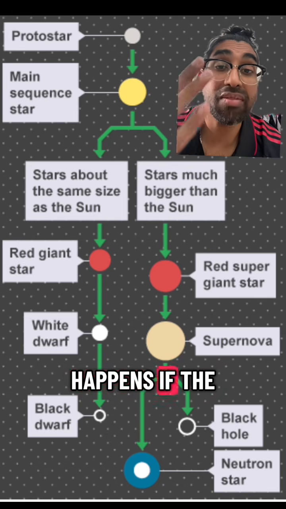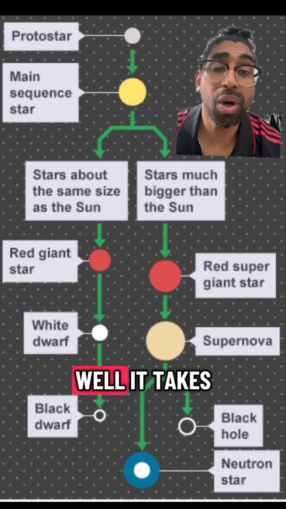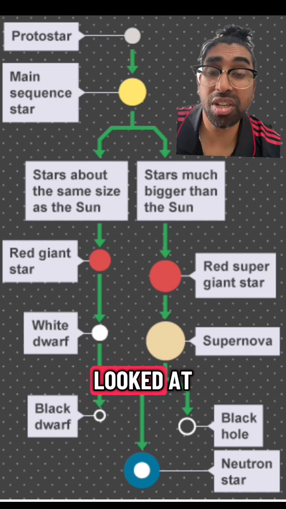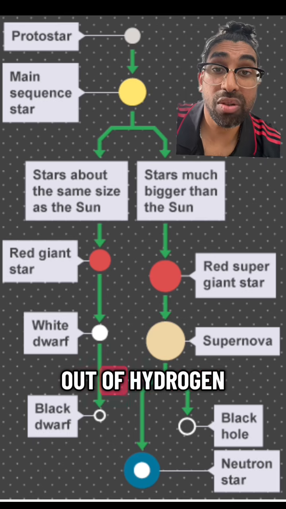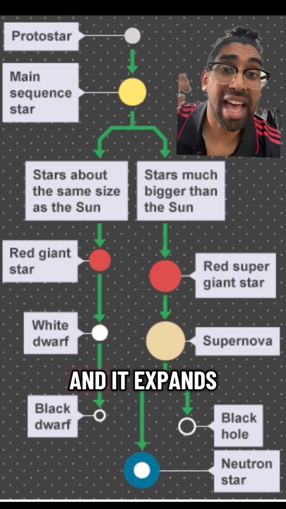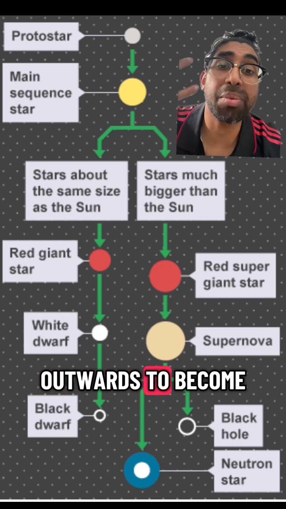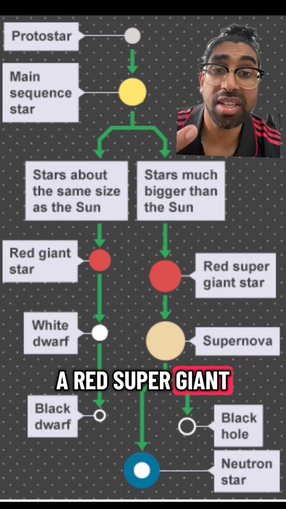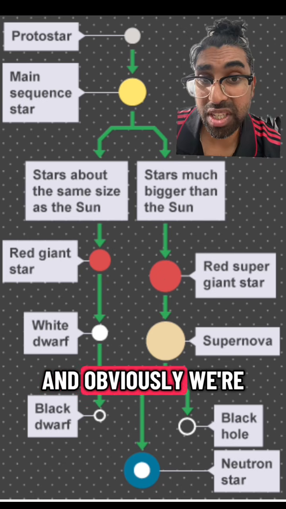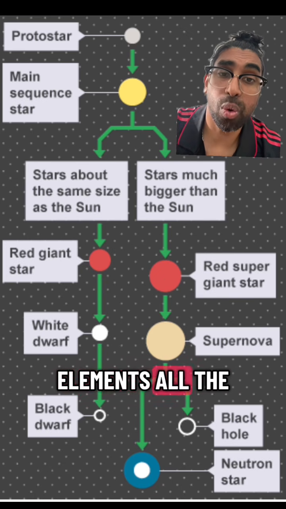Okay, so what happens if the star is much bigger than the sun? Well, it takes another route. So just like the previous example that we looked at, the main sequence star will run out of hydrogen. So the hydrogen runs out, and now helium fusion occurs, and it expands outwards to become a red supergiant. And obviously we're still creating those elements all the way up to